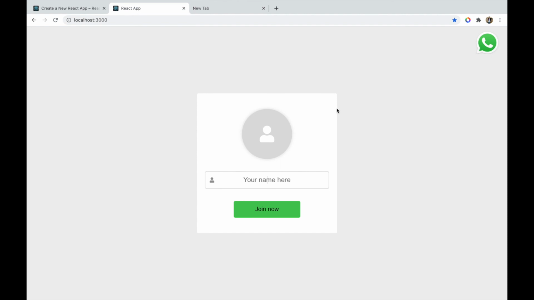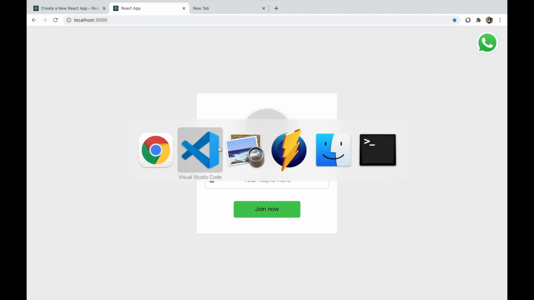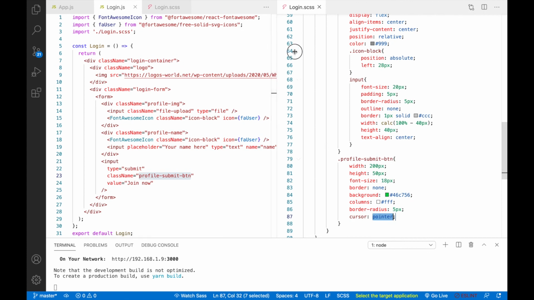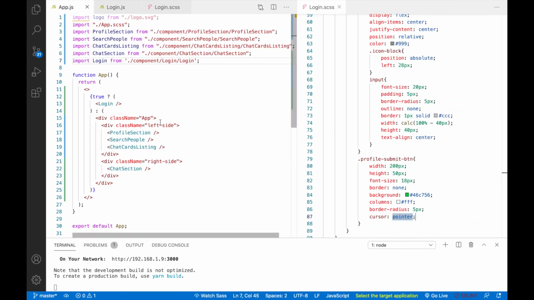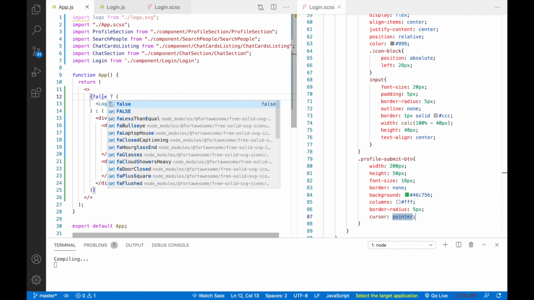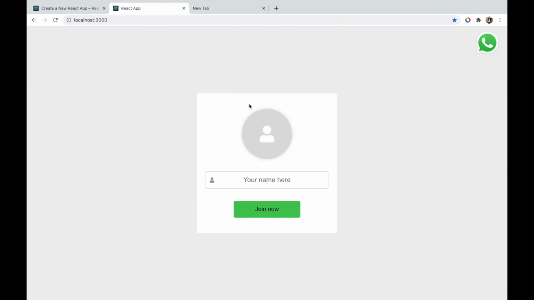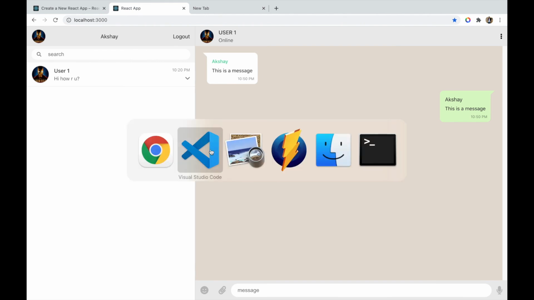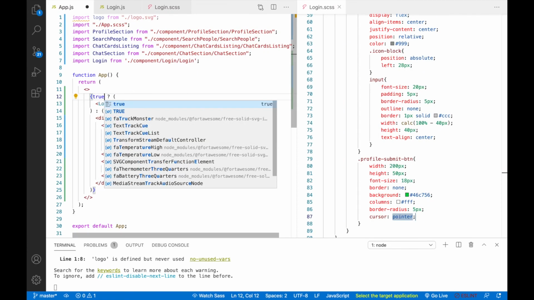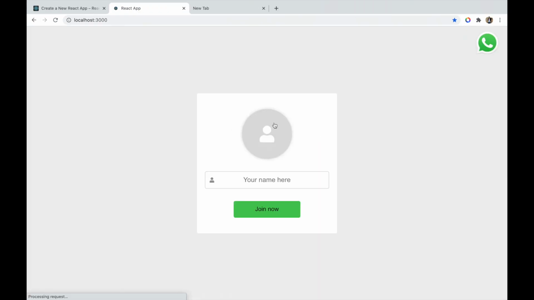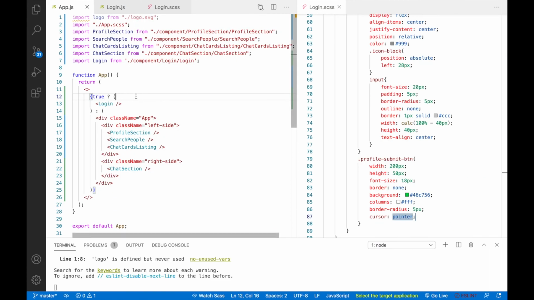So our login page is also done. So here for this login we need some kind of variable. We'll do this later, but let's say when that condition is false, it will load this app, and when the condition is true, it will load this login page, right? Okay, so now after this we'll start our backend, and after finishing that backend we'll start React functionality.